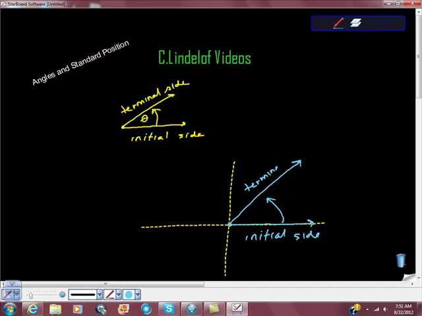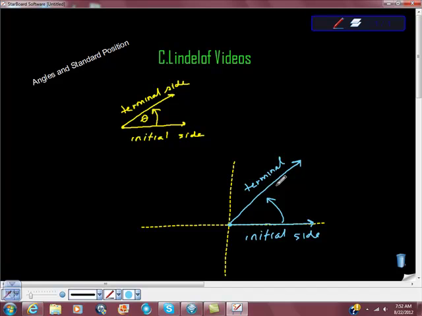All right? This is not real tough stuff, but you have to know it, and this is kind of where people screw up sometimes. Also I want to be clear about one thing: this is the initial side, and it opens up. So when it's in standard position, the terminal side will lay either on the x-axis,